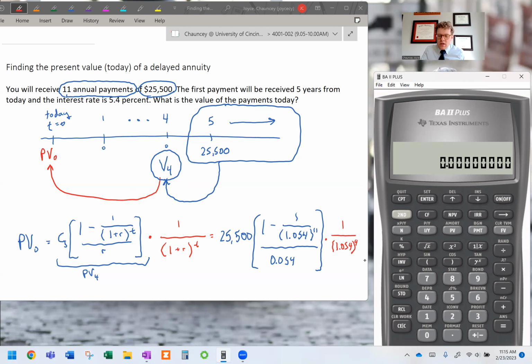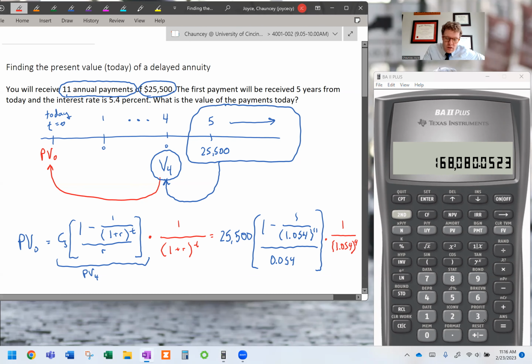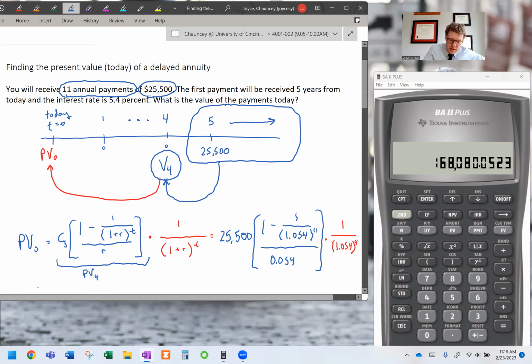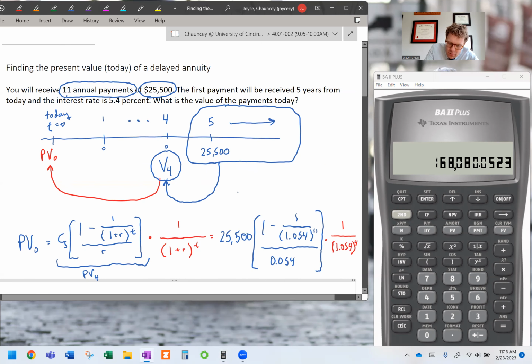And I'm going to compute this term in red, my discount factor for a single cash flow. That's 1.054, Y to the X of 4 equals, now that's my denominator. If I take the inverse of that, now I have the factor and I multiply that by the number I saved. So I press recall RCL 1, and we find out that this annuity today is worth $168,000. So let me type that here. PV0 is $168,